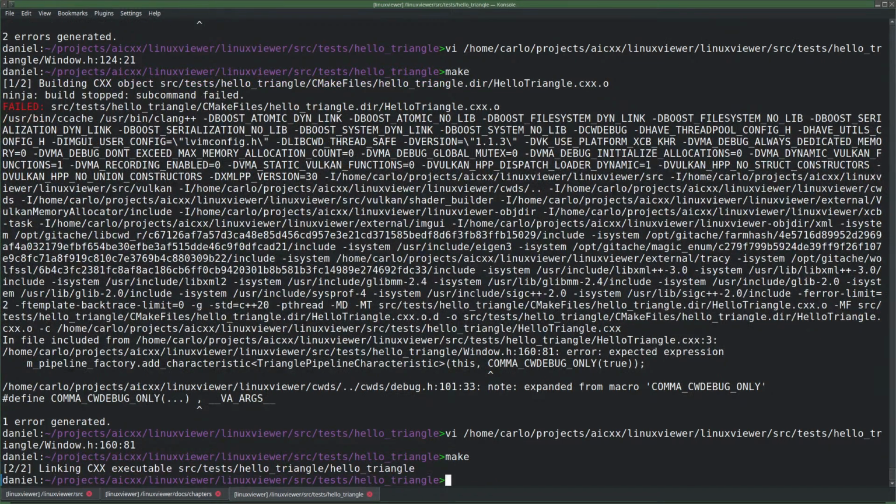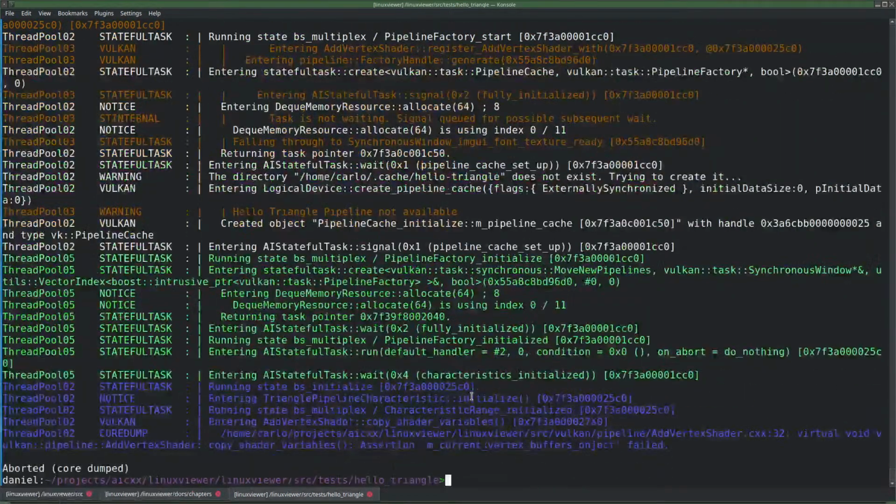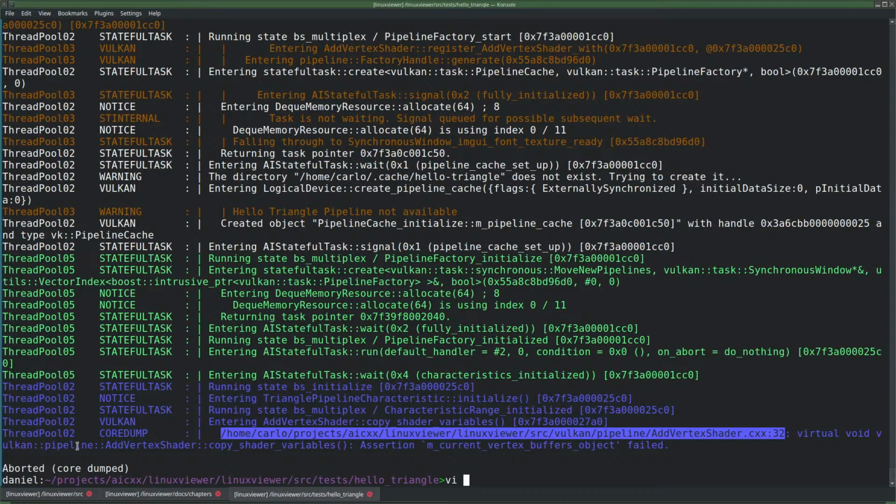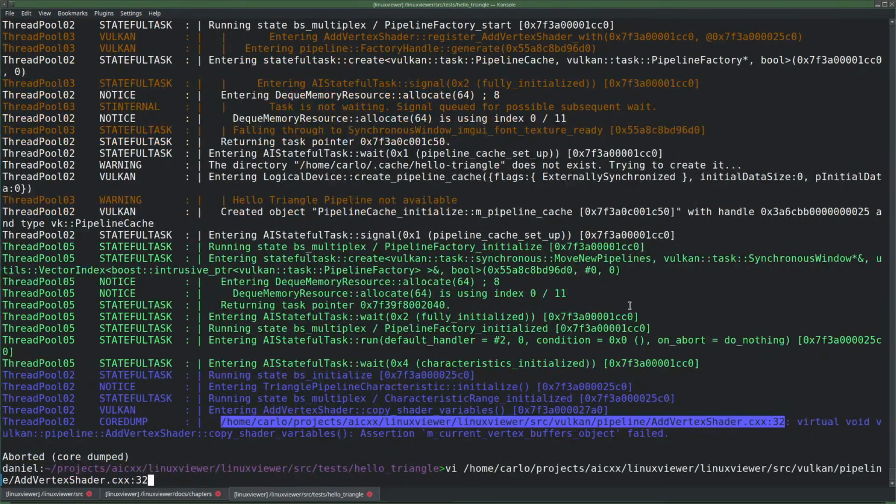Oh, I'm surprised at the links. Shall I run it? Can't work, right? Hello, triangle. Yeah, it doesn't work. Virtual copy shader variables, assertion, vertex buffers. Yeah, we don't have vertex buffers, so